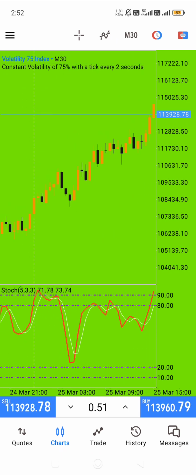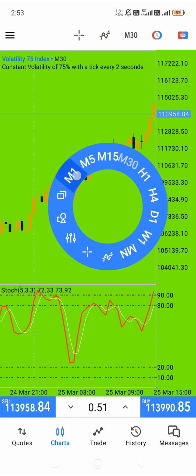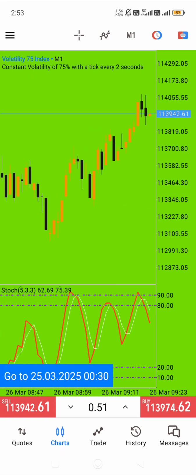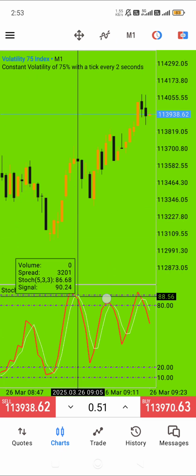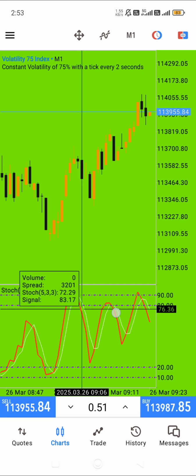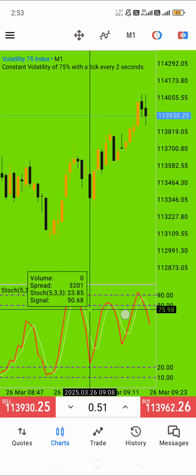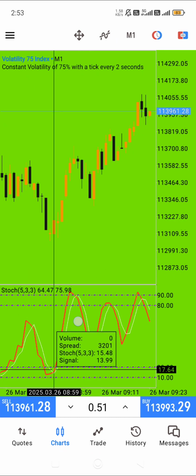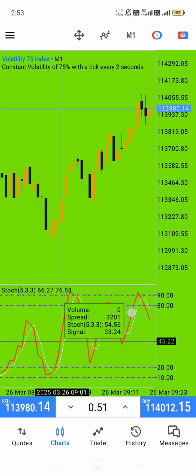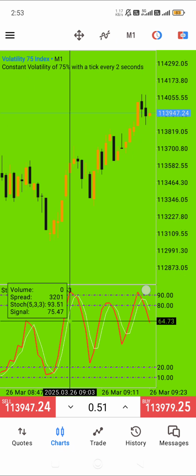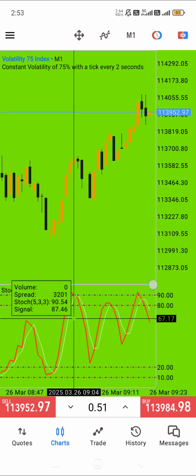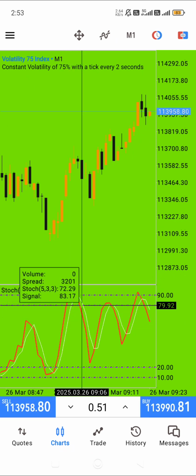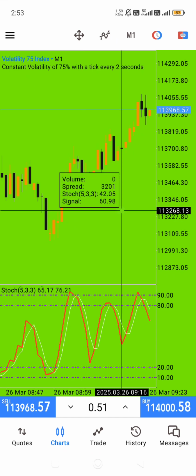This indicator setup is 5, 3, 3. You can check the 1 minute time frame there also, but you will check this: when both lines cross at the 80 level, then you can sell. Here, check 2 and 3 candles and you can make a profit. Here check the 10 and 20 level. When the 10 and 20 level cross the line, then you find movement of 4 and 5 candles. A small profit you can book, but on the 1 minute time frame.